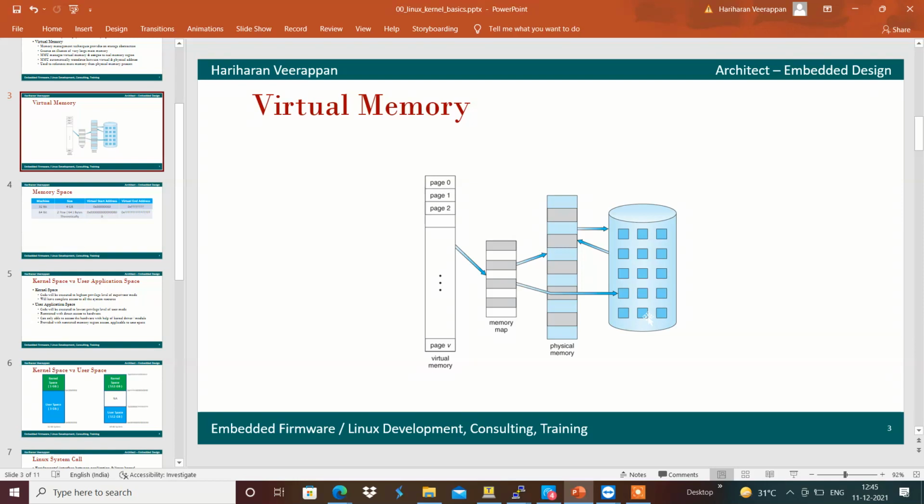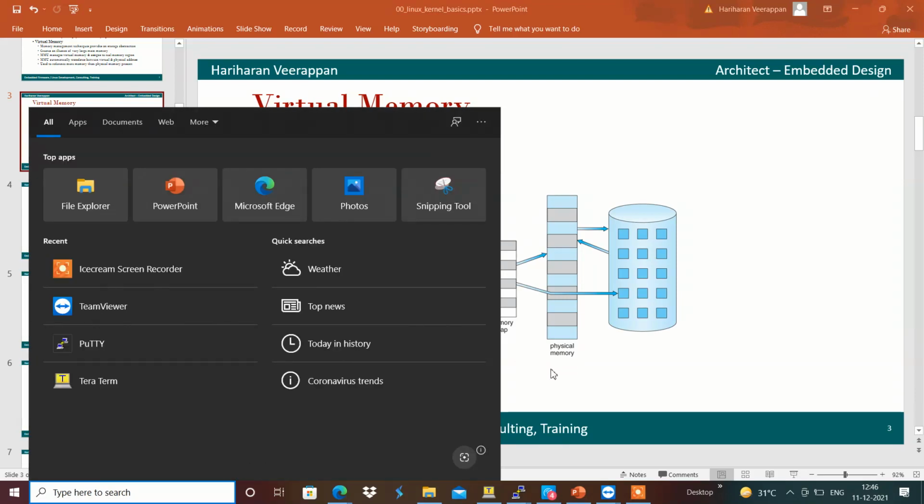For example, in the Windows operating system there is an option to set the virtual memory space.